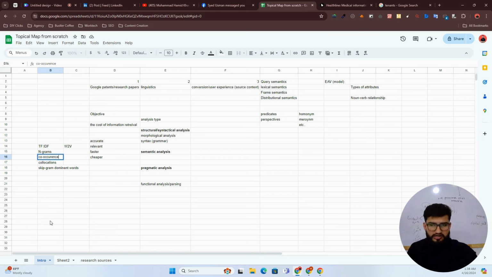Google understands context and relevancy. Collocations are two words that come adjacent, like day and night, run faster, or fast food. I mean, they come next to each other, with no break of another word between them. But co-occurrence could have some break. So that's the difference between collocation and co-occurrence.